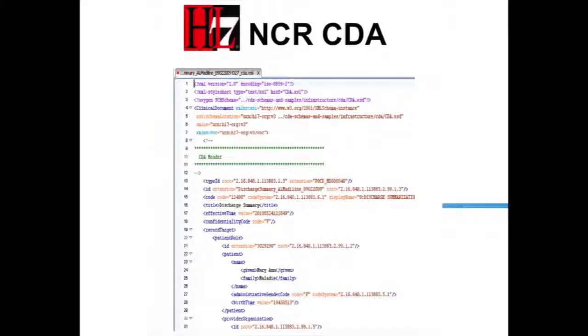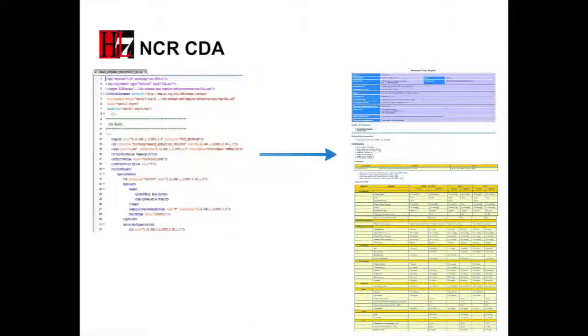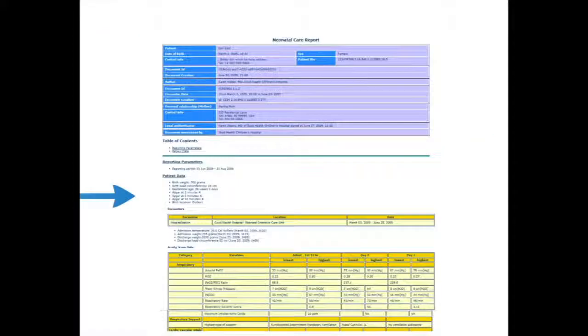So we created this subset of information. We had about 700 or 800 data fields, and we took about 70 of them and modeled them within the clinical document architecture. And then it can be rendered in a human-readable form. And this goes for every type of CDA. So you can take that XML, and I wonder if I can zoom in more without losing my place. I apologize. But basically, you can get patient-level information,